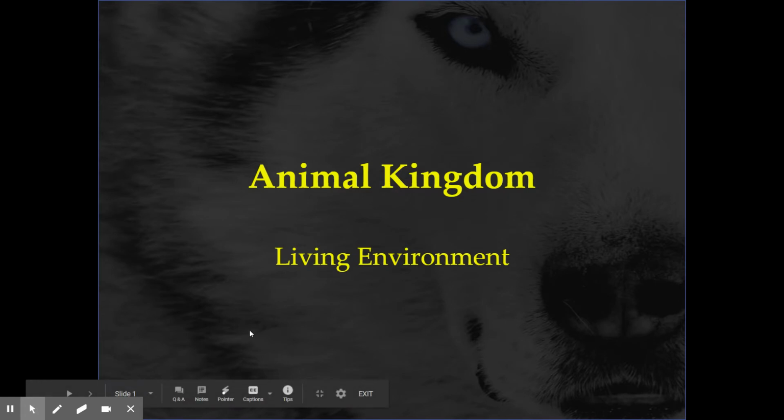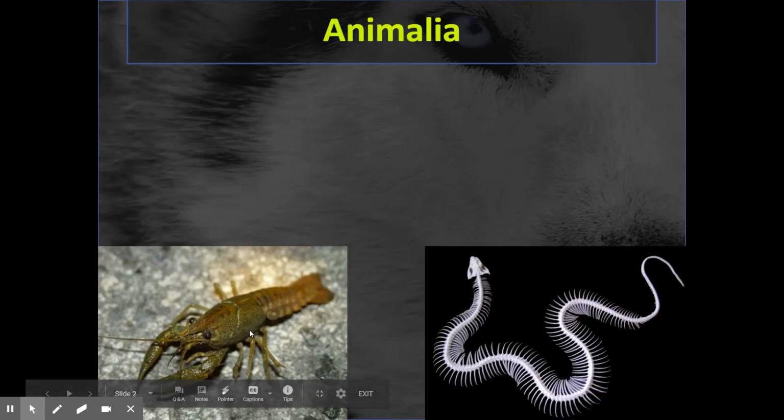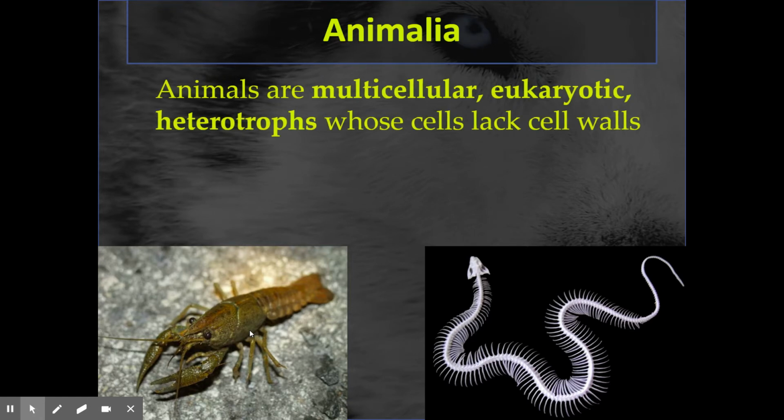So, we're doing animals in this topic, obviously. Just covered plants. So, Animalia includes a lot of things, obviously. Animals are multicellular, eukaryotic, heterotrophs. So they are obviously going to be more complex than your single-celled organisms we covered already. Eukaryotic, so these are true cells with all the organelles that we've talked about. And heterotrophs, they don't make their own food. They're going to have to consume preformed organic molecules and no cell walls for them.